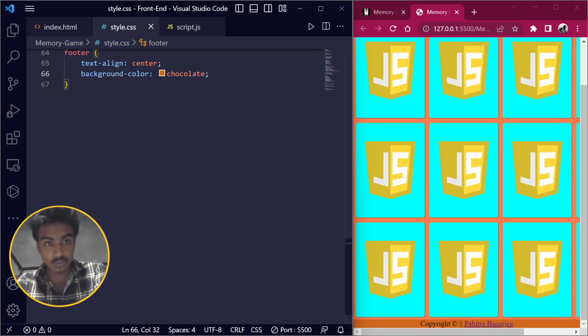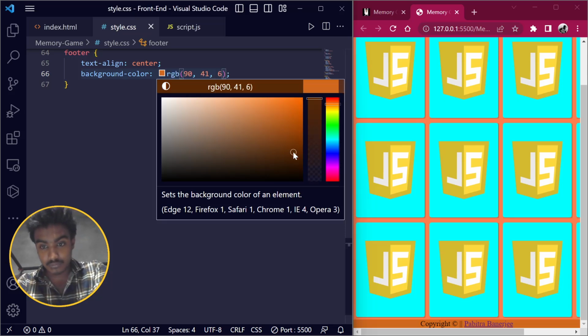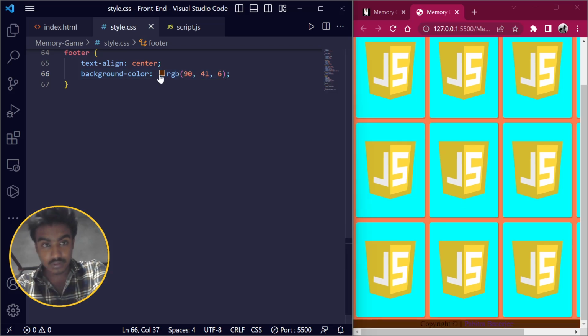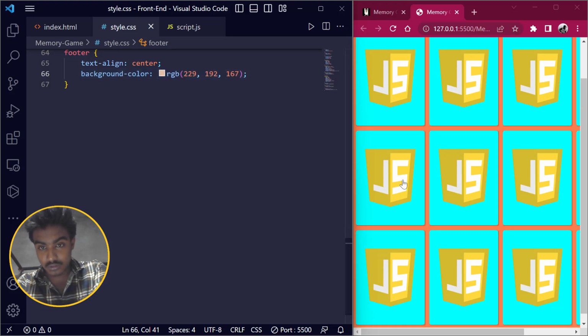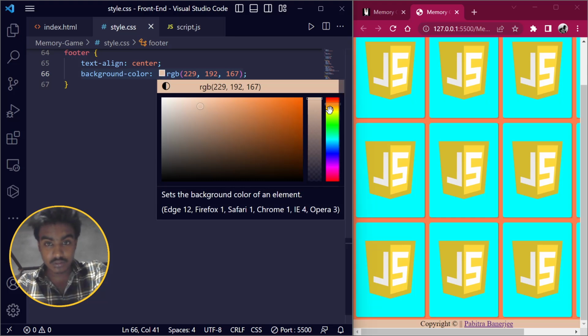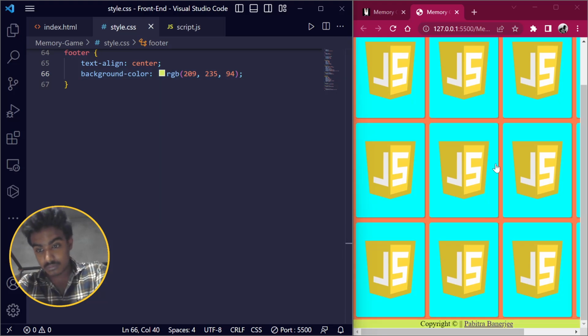Okay, no, this is not going perfect with this. Color combinations are very wrong for me. Okay, it's great. Now what I want